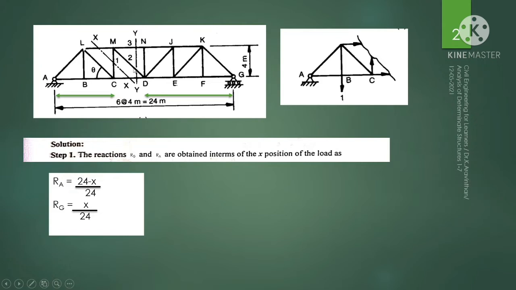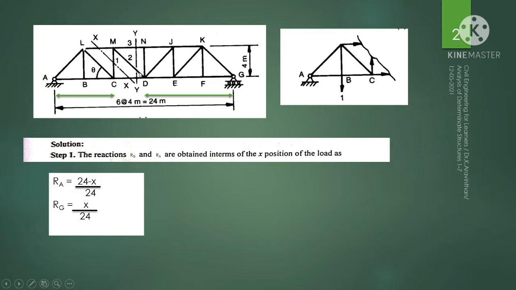For members 2 and 3, the section is split by using a vertical line. But what about member 1? Member 1 is also vertical, so we cannot cut the member vertically. Hence, we will cut this section in an inclined plane or a horizontal plane. In either way you can cut. Why are we cutting this section in an inclined plane? So that you can easily understand the left hand side portion and the right hand side portion. So in order to place the load, we are cutting the section in this manner.